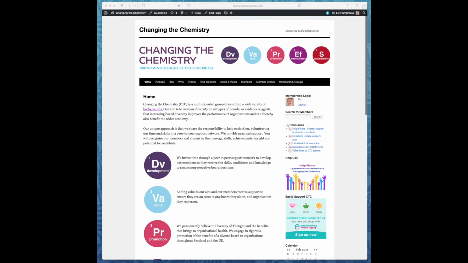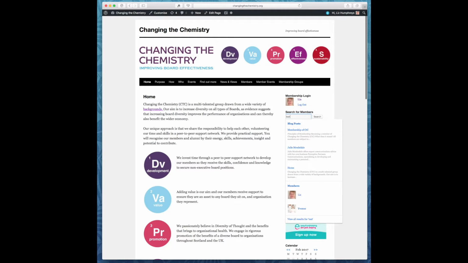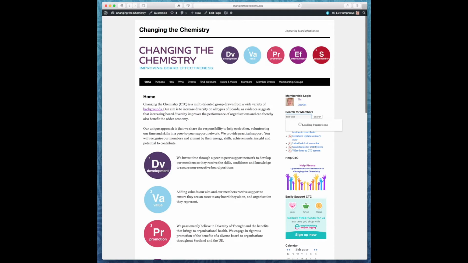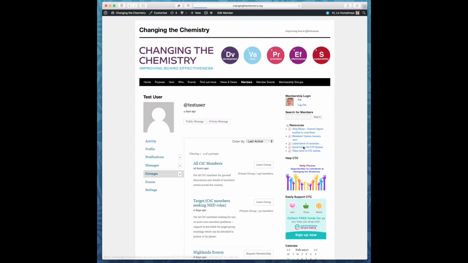Finally, I'm going to talk briefly about how you can get in touch with other members on a more individual basis than simply posting a message for a whole group. The first way in which to do this is to use this member search facility. When you click in the box, you can type the name of the person that you want to contact. Hopefully they will come up in this list and you can select the person you want to send a message to. And this takes you to a version of their profile page